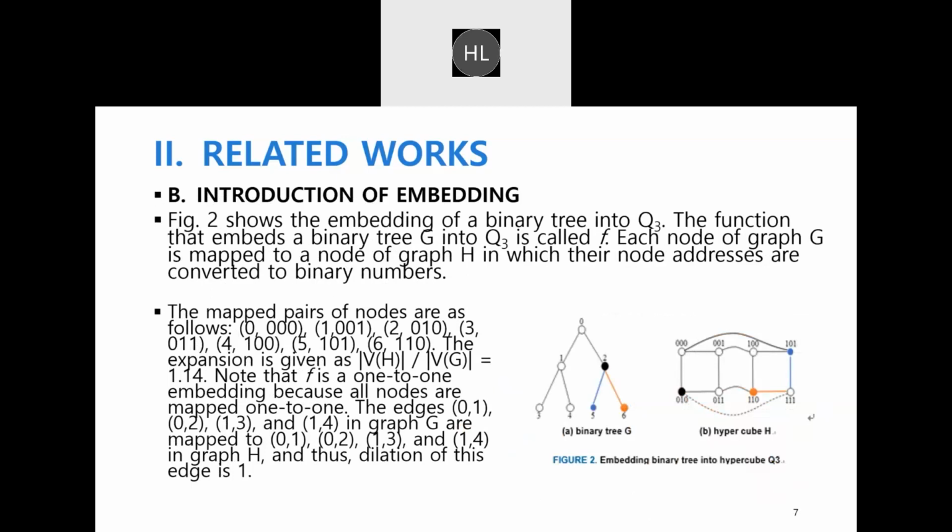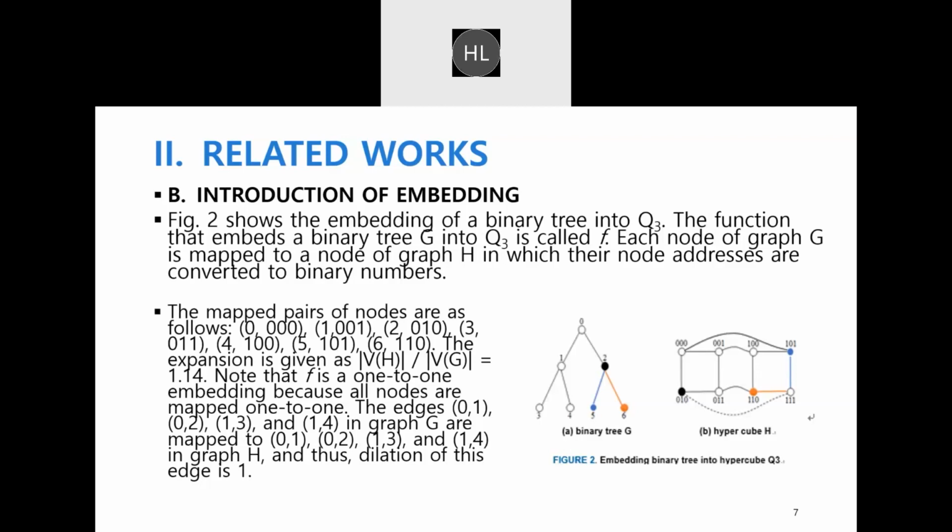And next, moving on to the introduction of embedding. Figure 2 here shows the embedding of a binary tree into Q3. The function that embeds the binary tree G into Q3 is called F. Each node of graph G is embedded and mapped to a node of graph H, in which their node addresses are converted into binary numbers. The mapped pairs of nodes are as follows,